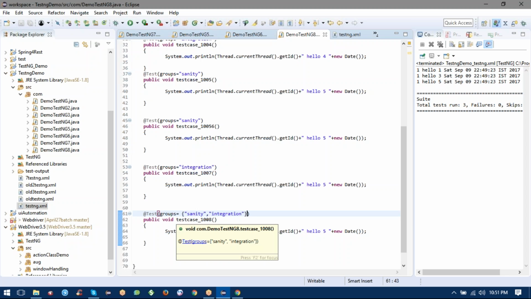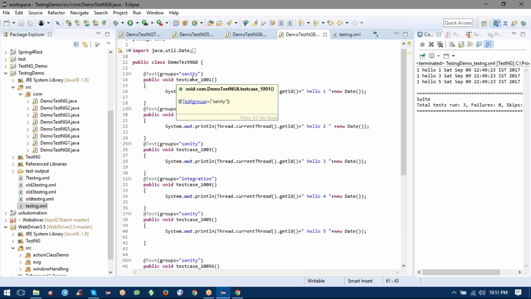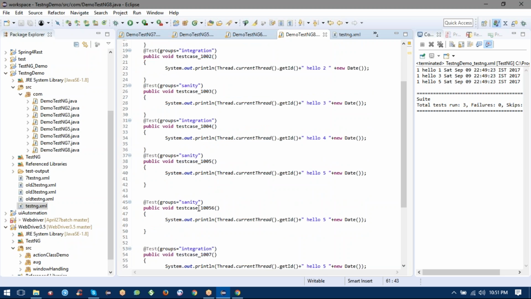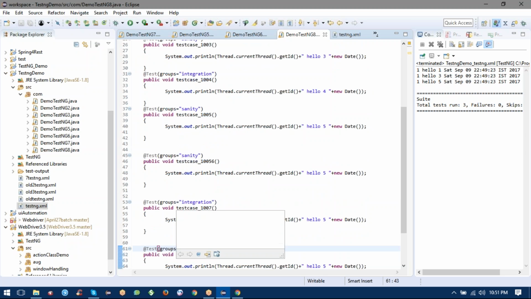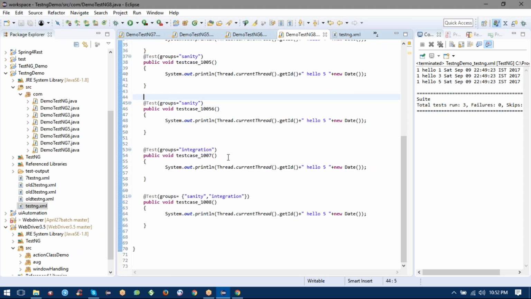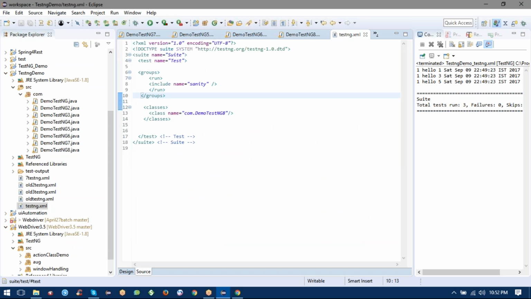My test case number 8, like the last test case, is part of both groups. And like others, I have alternatively designed sanity, then sanity integration, and then sanity is also there, then integration is there, and this is part of sanity integration. So I have designed it in such a way, but while running in the testng.xml, to achieve the